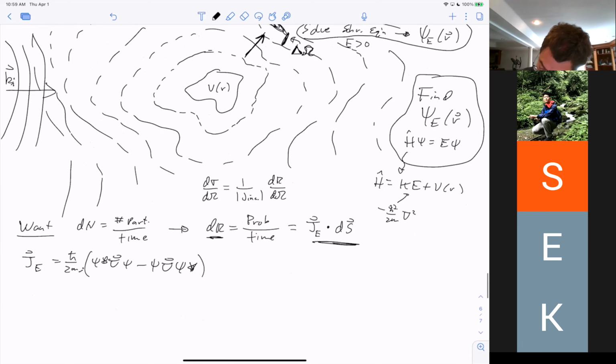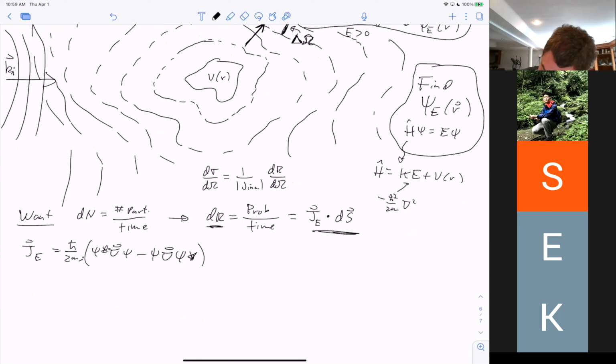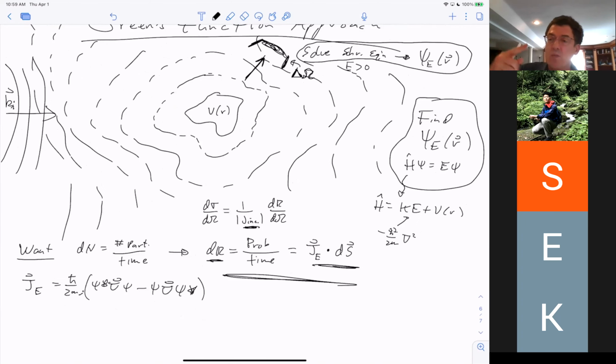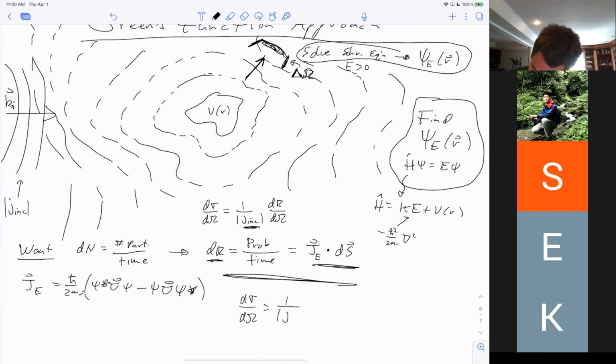And so what that means is that using this definition, the J incident is just the value of J far away, way over there to the left. So if I know the wave function, I just go far, far away and calculate J, and that's my J incident. D sigma d omega equals 1 over J incident